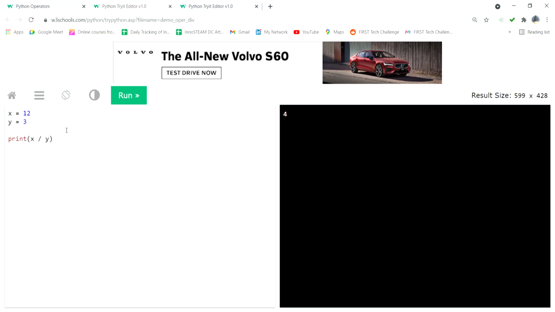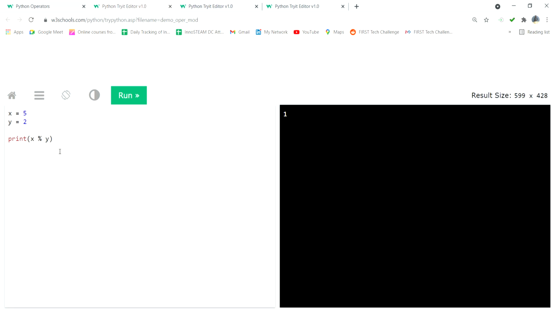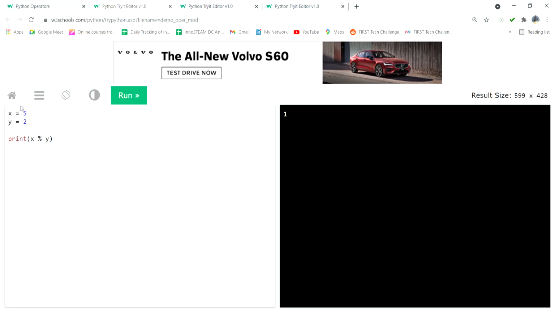Quotient, very good. So x by y means I get the quotient value 4, but in division there are two values, one is quotient, another one is remainder. Suppose you want the value of remainder, then you have to put this symbol. It is called modulus. The percentage symbol is there, no? You have to take this percentage symbol. You can take x modulus of y, then you get the output value of remainder.